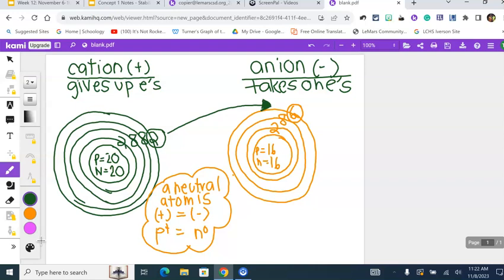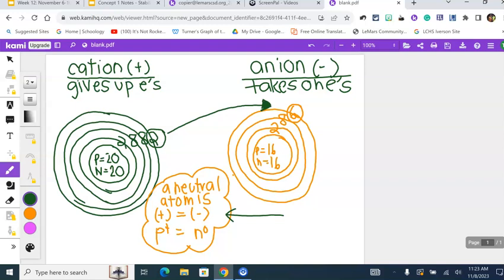So, in order to have a neutral atom, you have the same protons and the same electrons. Okay? So, protons are positively charged, electrons are negatively charged. And if you remember, for the last couple weeks, I've been saying the atomic number is the number of protons, that never changes, and it's the number of electrons, at least where we start with electrons. So in order for an atom to be electrically neutral, we have to have the same number of protons and